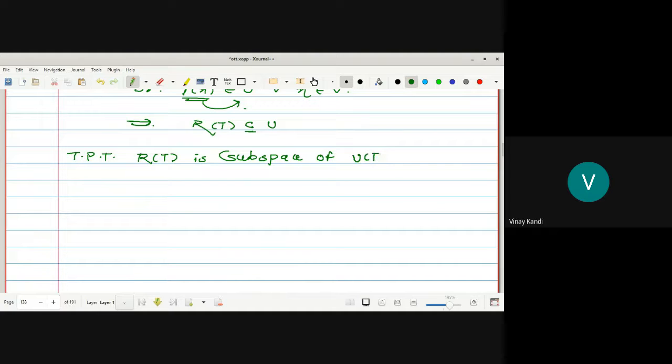Suppose this one is U. These are the range of T, which is a subset of U. And we have to show that this R of T is a subspace. That means this R of T is itself a vector space. If it is a vector space, then it will be a subspace of U. But to prove that R of T is a subspace of U over F, we have to prove that